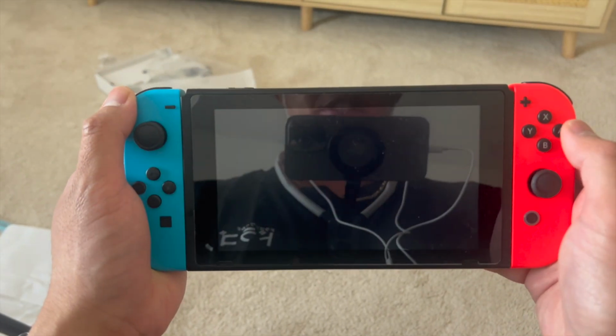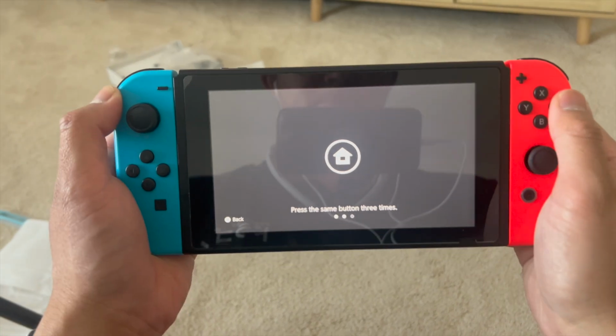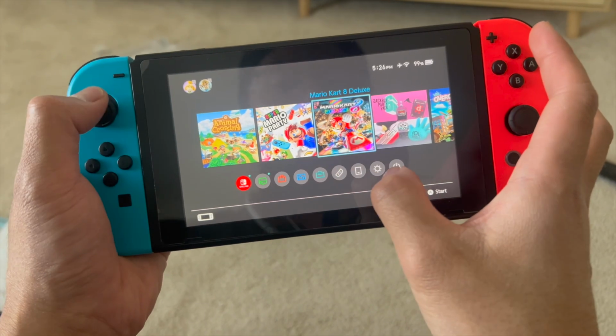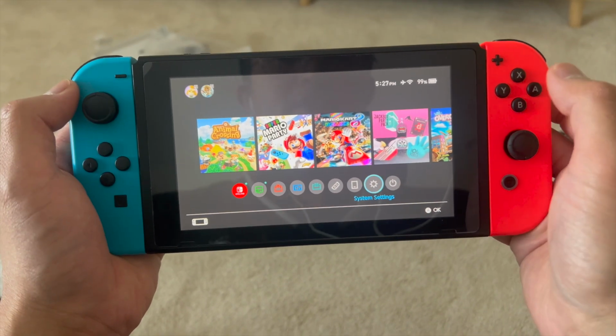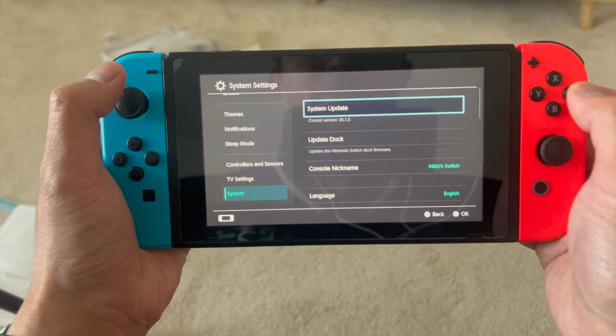But the first thing that you're going to do is grab your Nintendo Switch. Let's turn it on and open it up. Press the Home button 3 times. Next, you want to go to where it says System Settings and click on System Settings. Next, scroll all the way down to where it says System and then click on